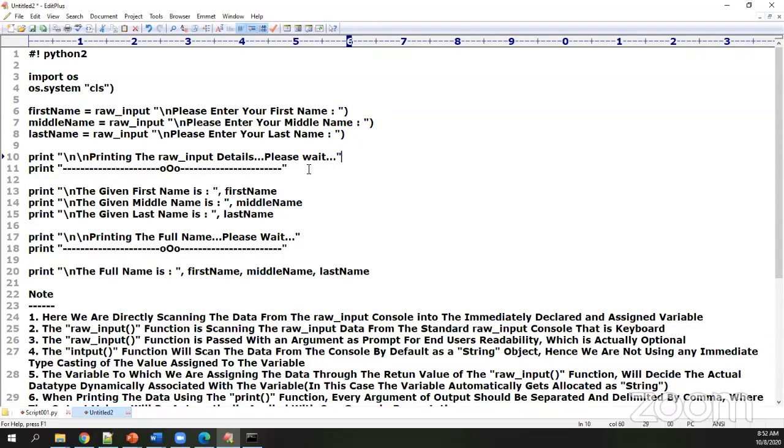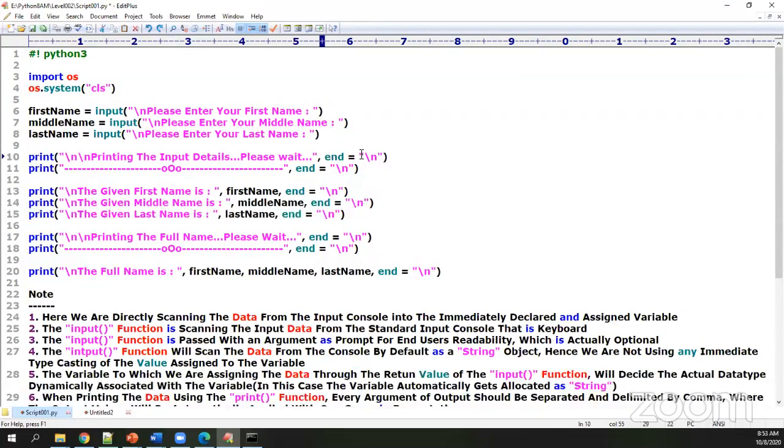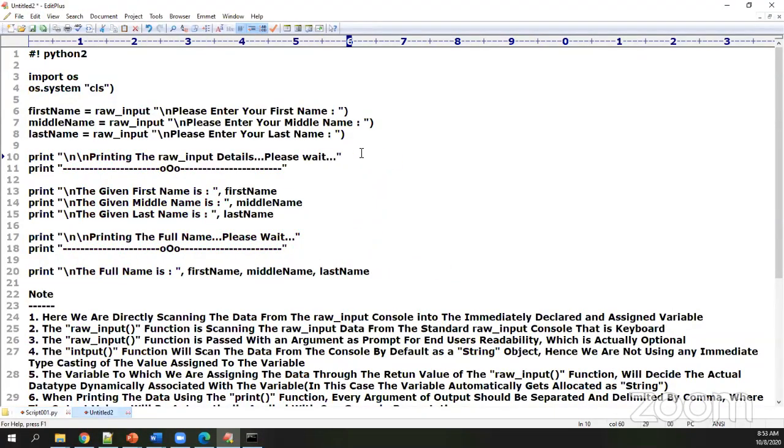Now if you want additional backslash n's, as I kept my backslash n's here, and you also want a new line once again, then you should give it as a separate argument like this. Am I clear with you? You have to give a separate argument here. Do try to keep these points very clear when you're working with the older version.